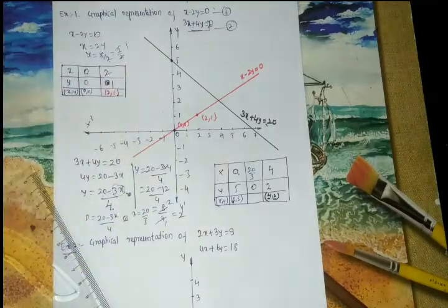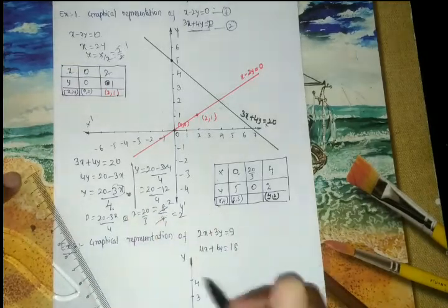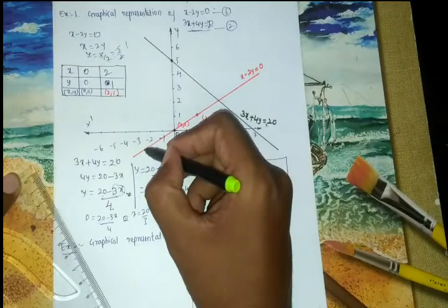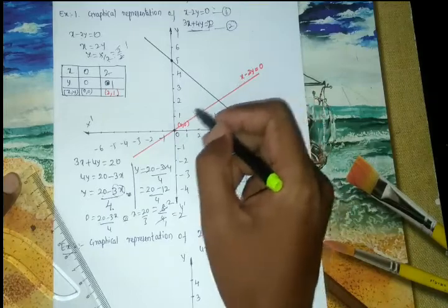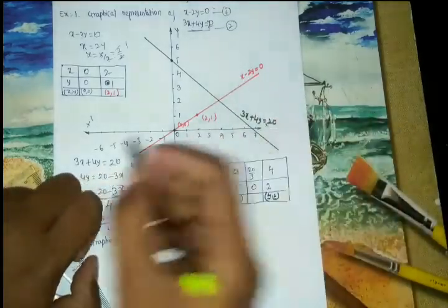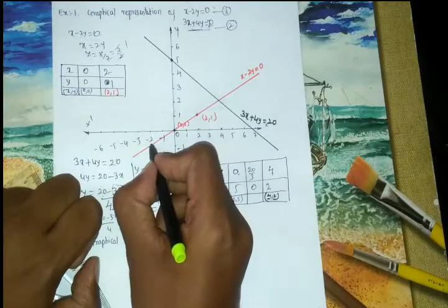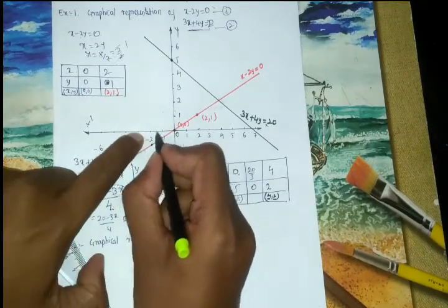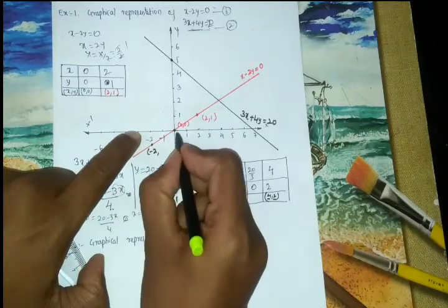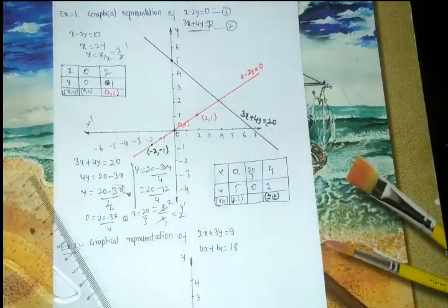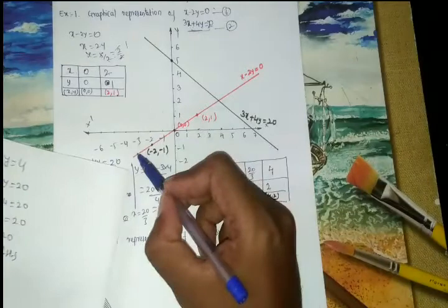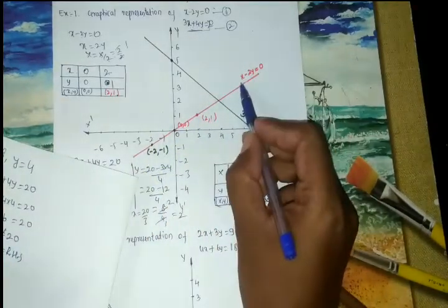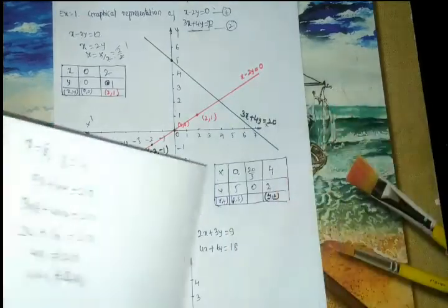Okay, these two are the straight lines, and every point on the line of equation 1, so equation 1, this is, every point you take on this line will give us the solution. Let me take any point, say this point. So here x is minus 2 and y is minus 1. If I select any point on this straight line, the value of x and y will give us the solution.